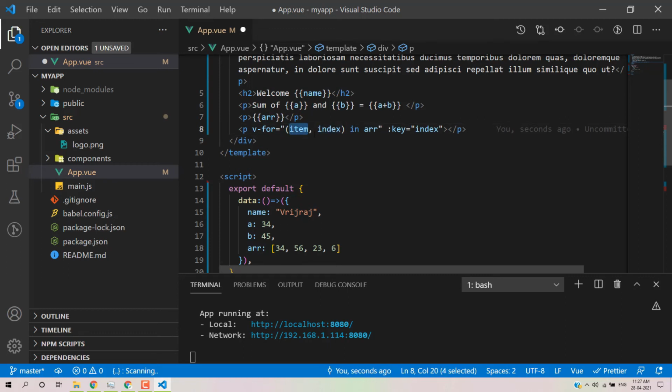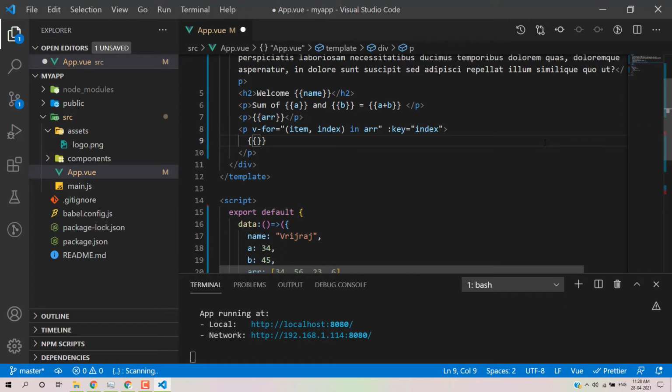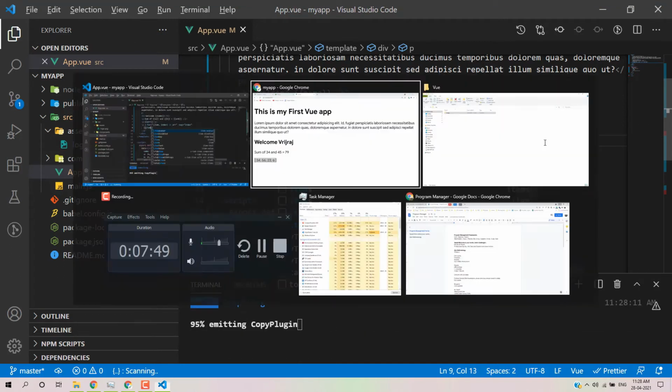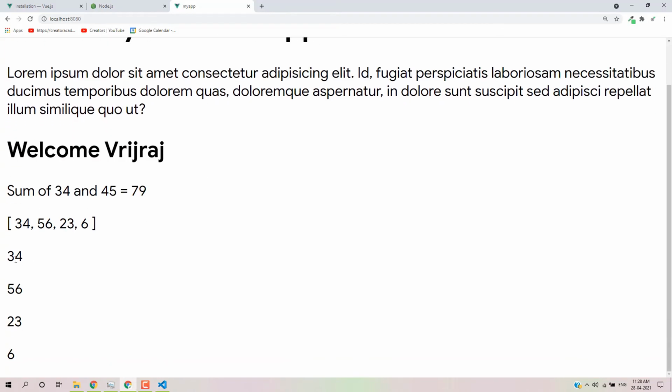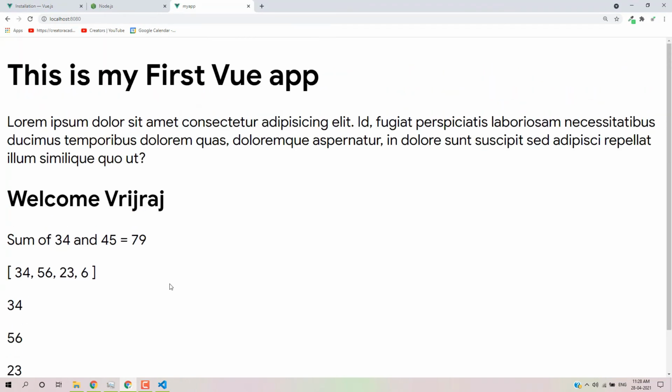Key, and here we mention the index. The key should be unique. Now we can print the item. The item is the element. Okay, so we have the data 34, 56, and so on. This is very easy again. I'll just comment out this logic for now and reload this page, so it's working.